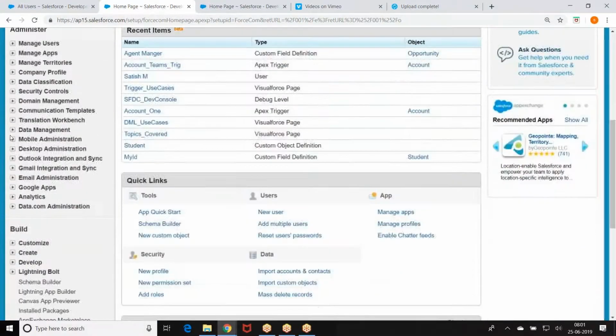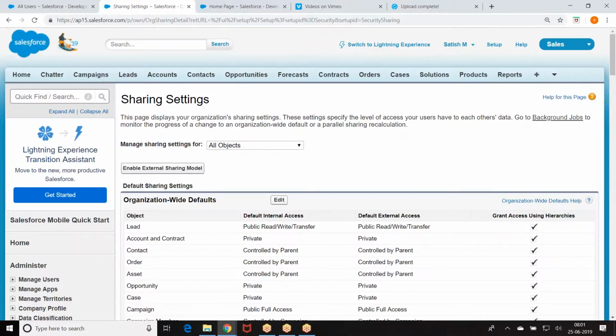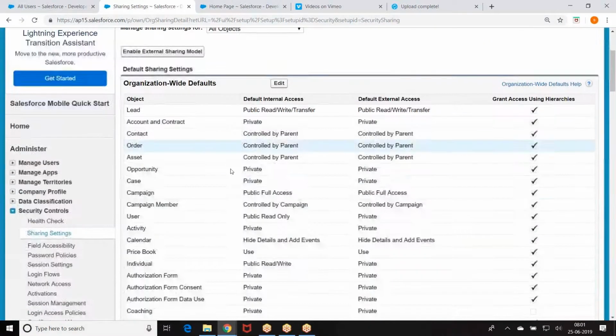If it is already public read and write, there is no need of sharing rules. Everyone can see everyone's data. I will go for sharing rules only if it is private or public read only. If it is private or public read only, a few people can't see the data, and I can share the data with them.